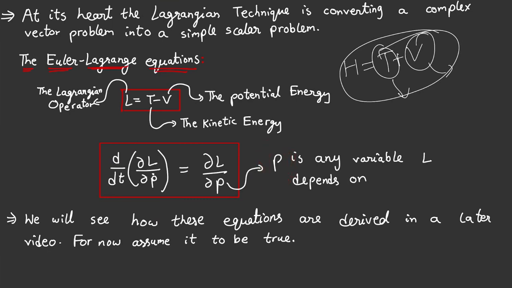Now, these equations might seem arbitrary. We'll see how we derive them, etc. But right now assume them to be true. I'll be giving a crude proof later on in this video, but there is a very beautiful proof by using Noether's theorem. I'll get to that in the next video.